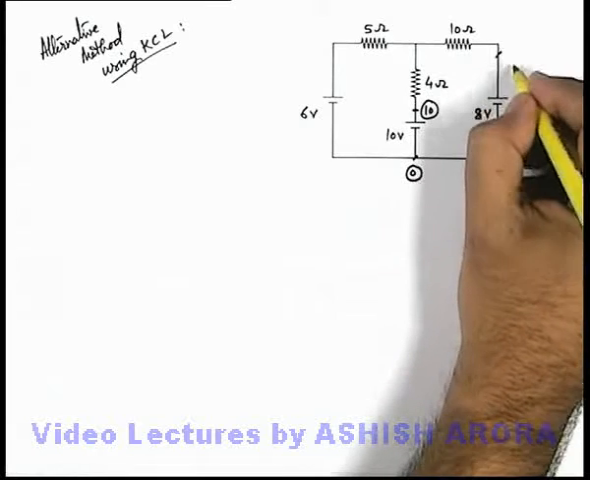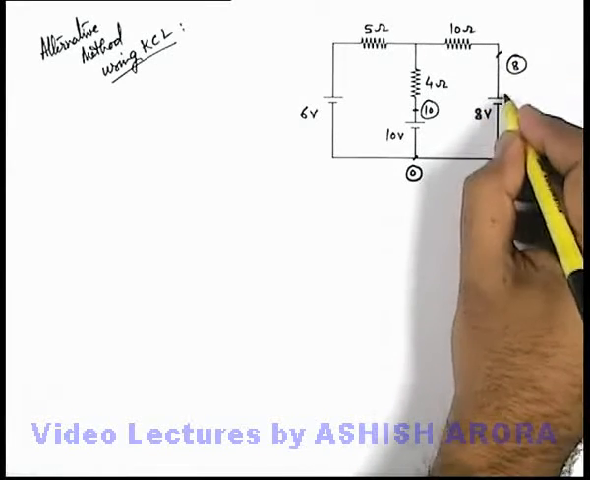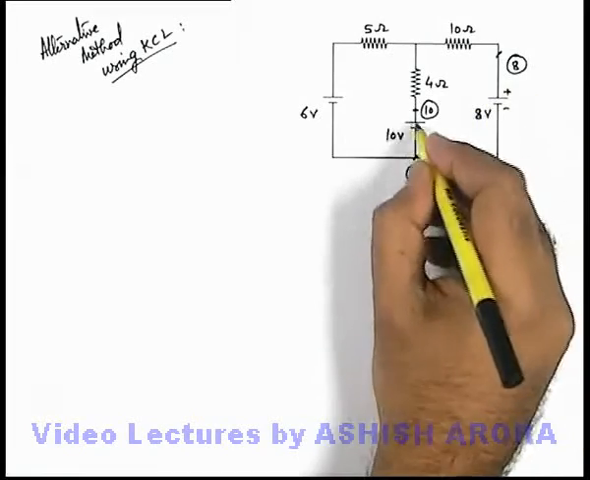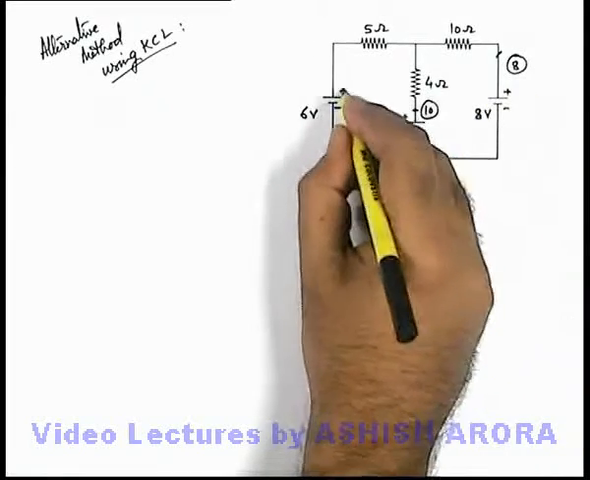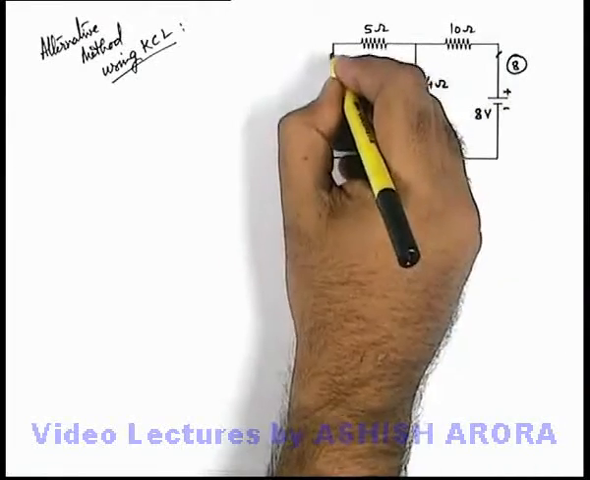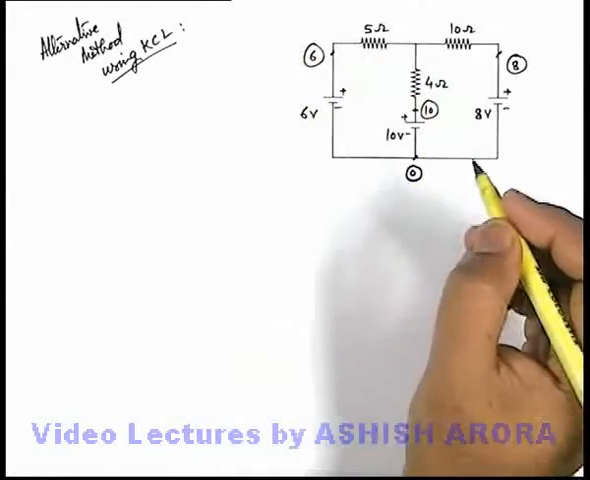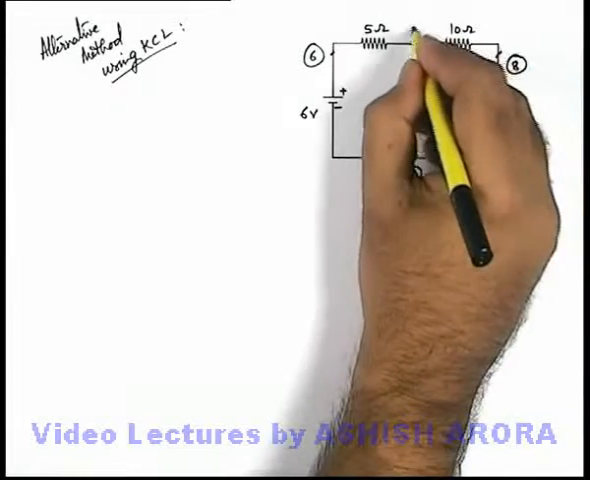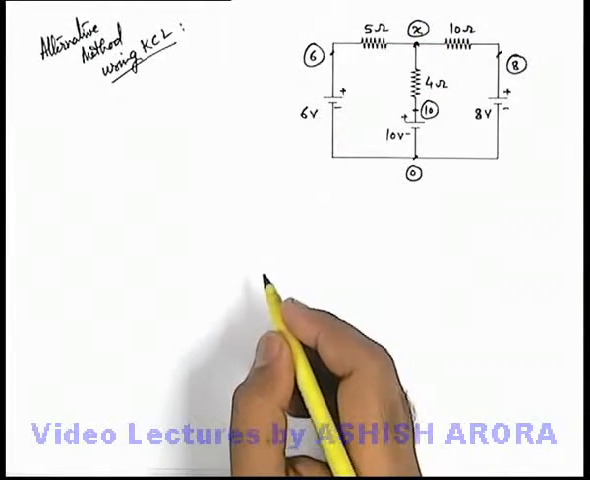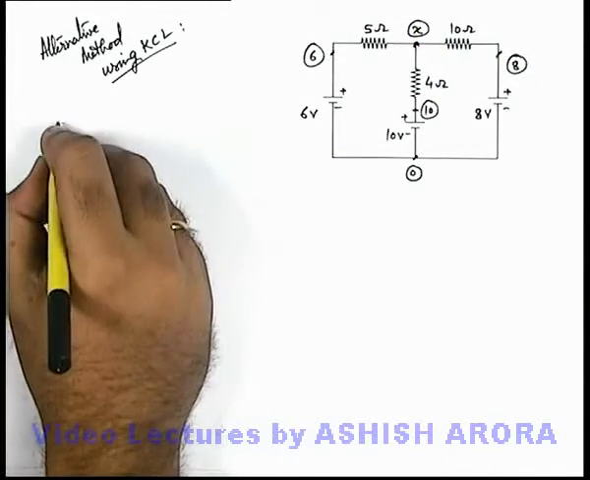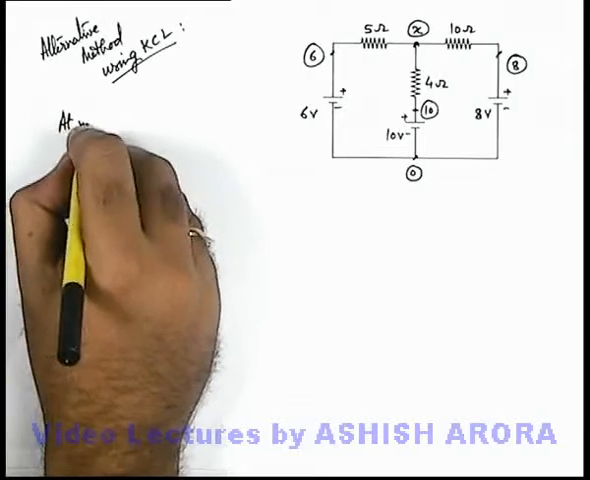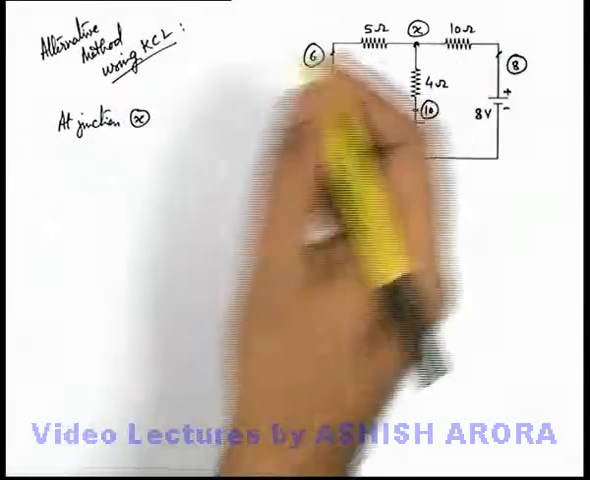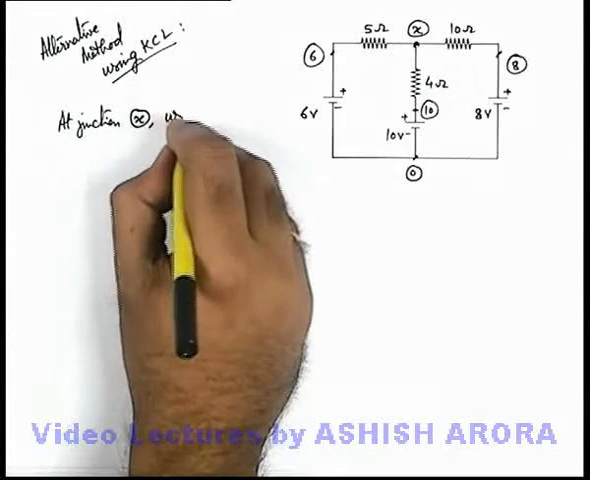The potential at this terminal will be 8 volt because with this battery there will be an 8 volt rise in potential, here a 10 volt rise in potential, and here a 6 volt rise in potential. The potential here will be 6 volt. And at this junction we are not aware of the potential, so we take this potential to be X. Now at the junction X, where the potential is X, using